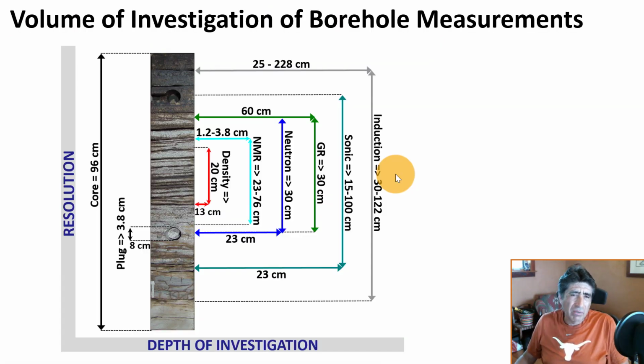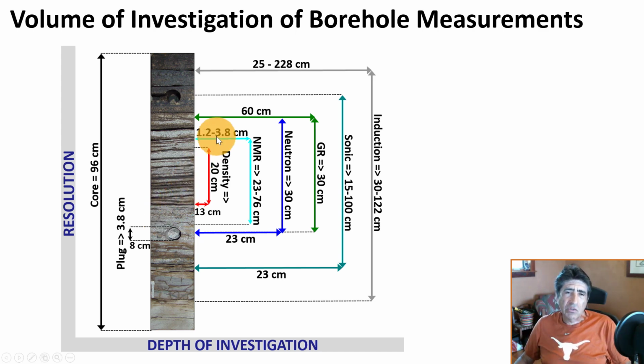The other thing that is very important to remember is that the different well logs, the different borehole measurements that we use to measure rock properties in a well, have different physics, and because of that, they have different depths of investigation, how far into the rocks they go, or a different way to resolve thin layers. So actually what happens is that these measurements make a spatial average of the rock properties around the borehole. Sometimes they measure around the complete perimeter of the borehole. Sometimes they measure along a sector of the borehole.